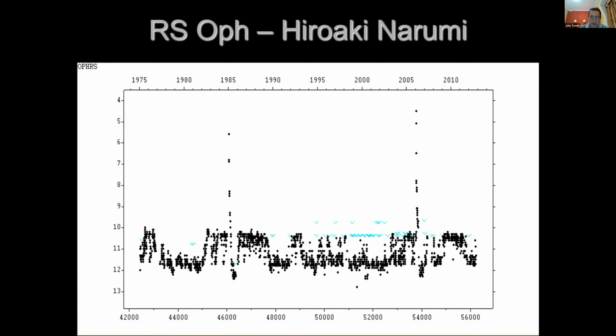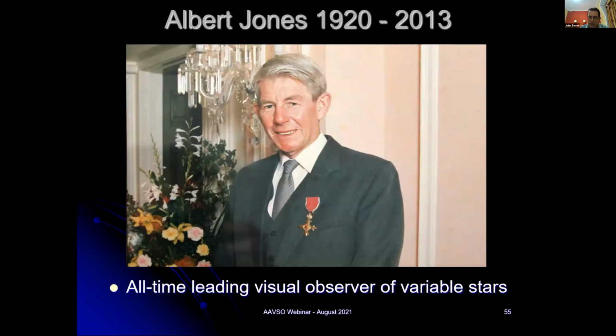This is a light curve of Hiroaki's for ORS Alpha Uki, showing the 2 outbursts, similar to what Gary's was showing earlier. Hiroaki was the observer responsible for discovering the outburst here in 2006. He was the first person to pick it up, put out the alert, and that's when a lot of science started with all the world looking at ORS Alpha Uki.